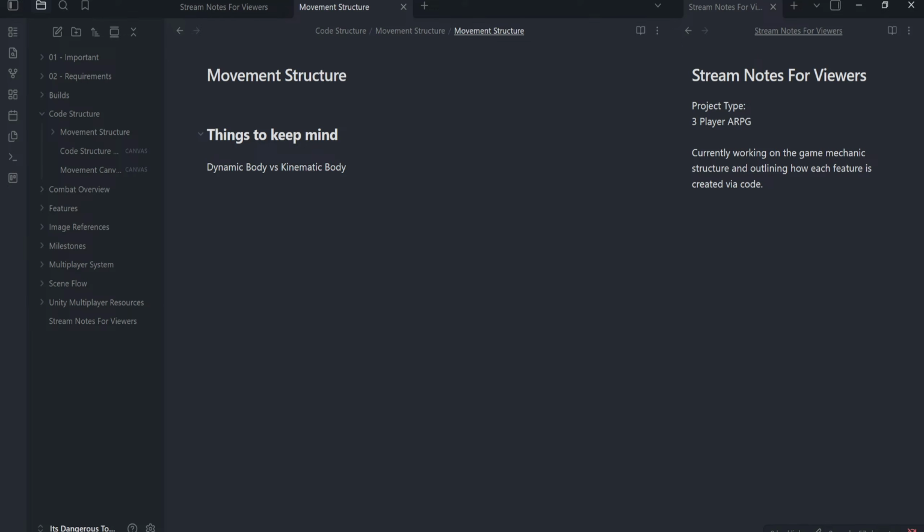Let's see. First person versus third person camera. I don't know why I'm capitalizing these, but that's okay. We'll just do a little brain blast moment. So we're not gonna organize stuff for a moment, we're just gonna get a couple questions out. We need to think about a first person camera, third person